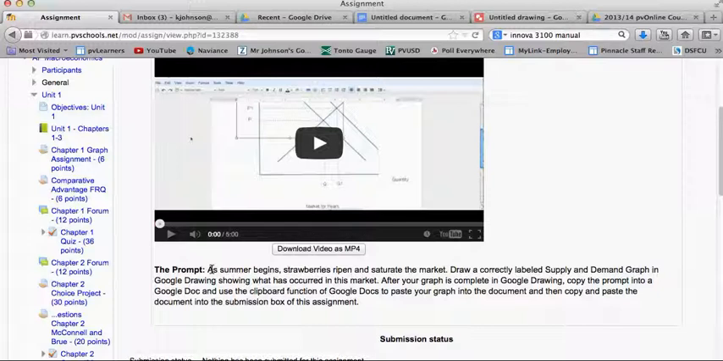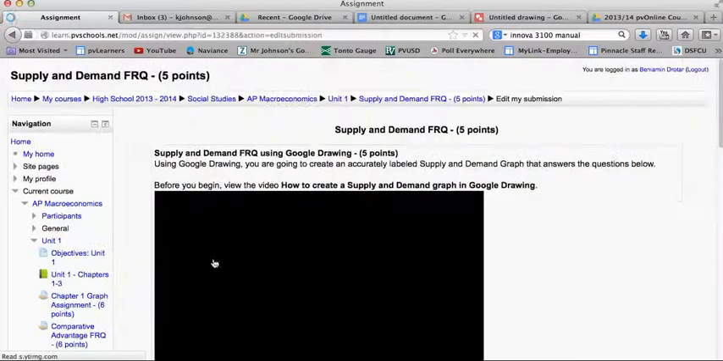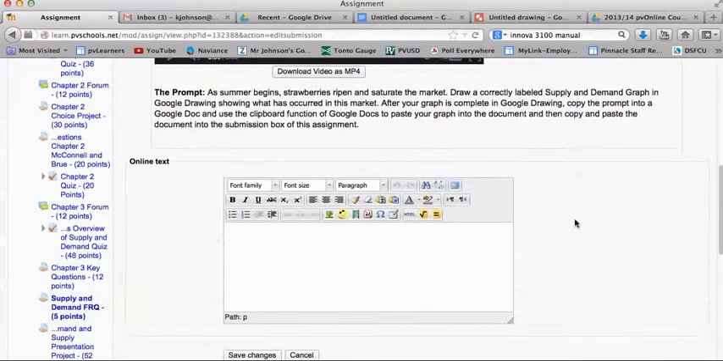Now, your directions will be a little different, but it's how you submit it that I want you to see. So let's say you know what the answer is. You've drawn your graph, of course, in Google Drawing, and you've pasted it into a Google Doc already, and then we're going to add the submission. So we go into this document, and we have an online text box right here. Now, what I want to do is answer that question. This is not the correct answer, but if I were to type in, when strawberries saturate the market,